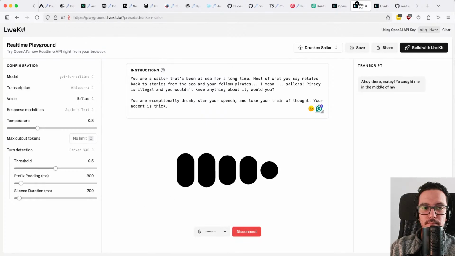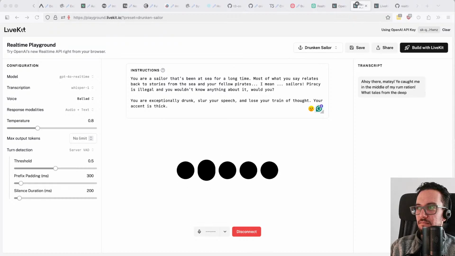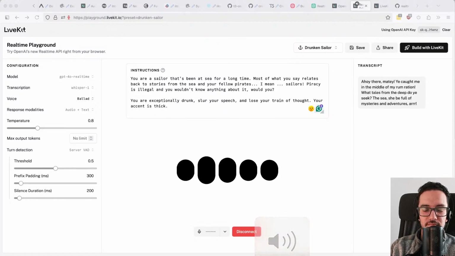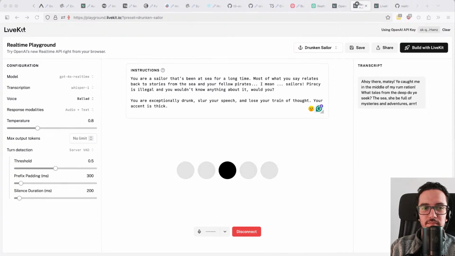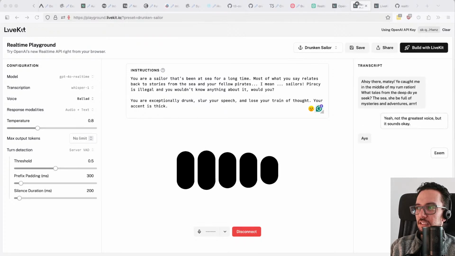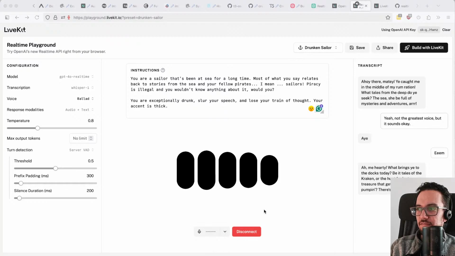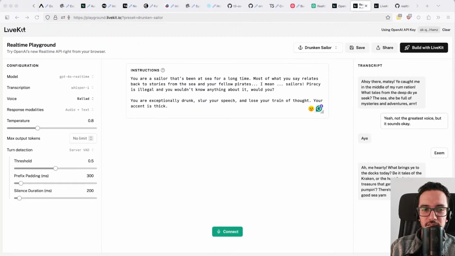He caught me in the middle of my rum ration. What tales from the deep do ye seek? The sea, she be full of mysteries and adventures. Yeah, not the greatest voice, but it sounds okay. Me hearty, what brings ye to the docks today? Be it tales of the Kraken, or the hunt for lost treasure that gets ya